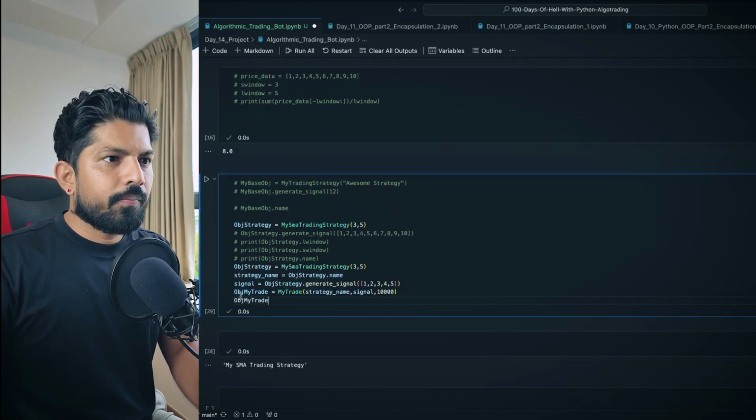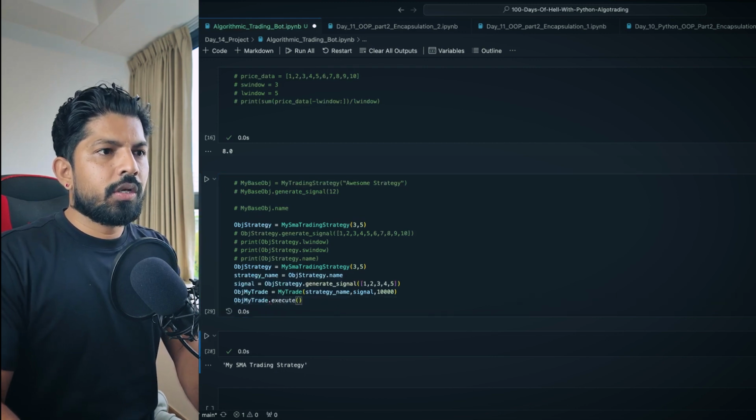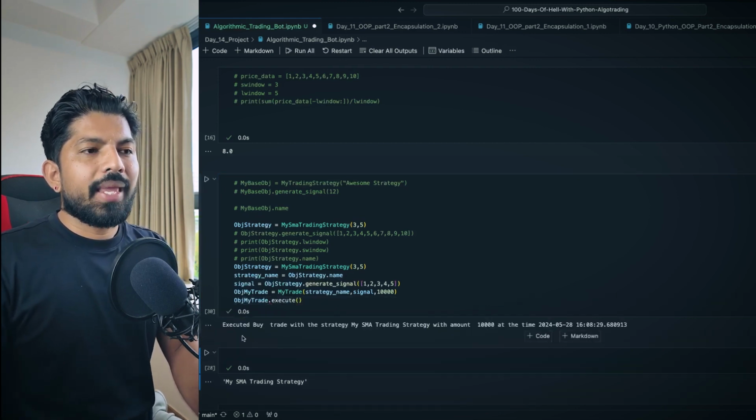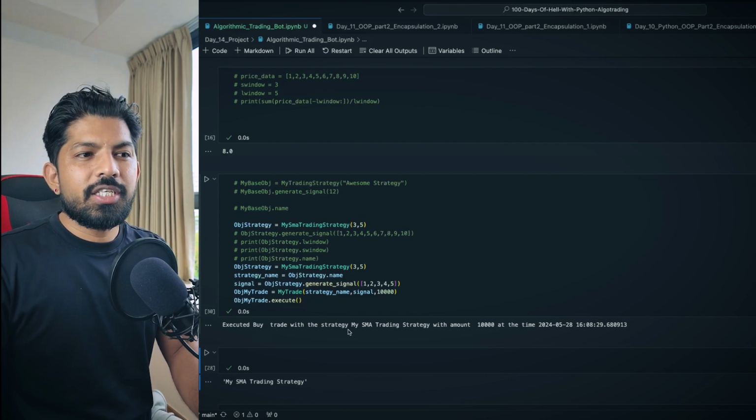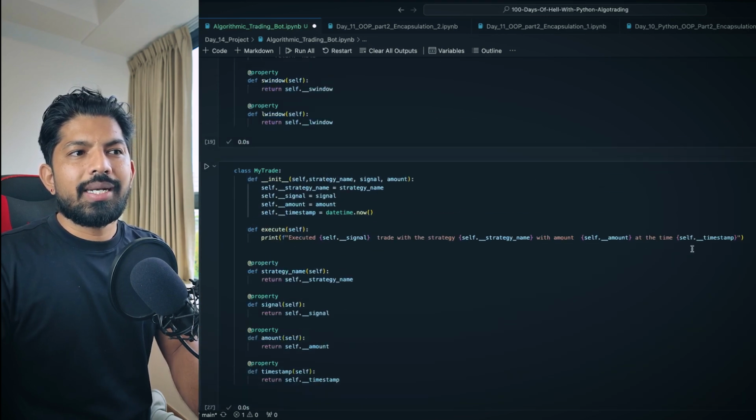So dot execute. When I run this, yeah, it shows me executed by trade with the strategy, my SMA trading strategy, with amount, this one, at the time of this timestamp from the timestamp library.